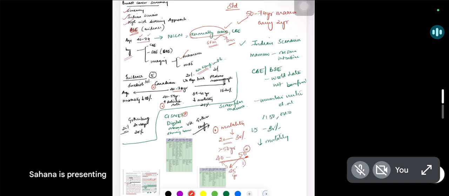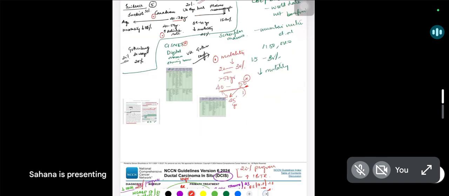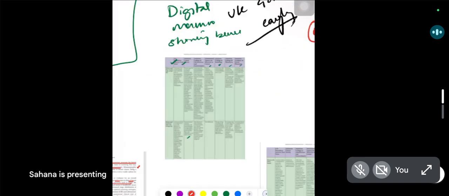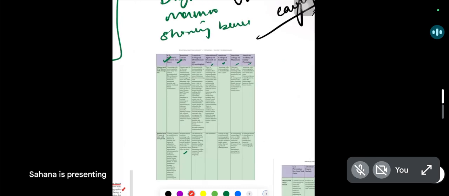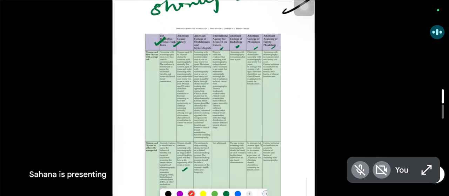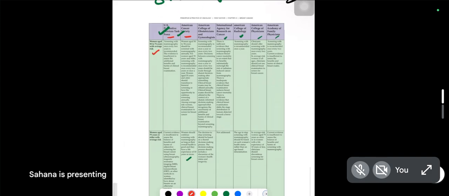One, all of them use screen film mammography. This CISNET is the trial that used digital mammography as their screening modality. Then coming to various other agencies that recommend screening, I have mentioned we will just see only the US Preventive Services Task Force and the American Cancer Society. So the task force starts at